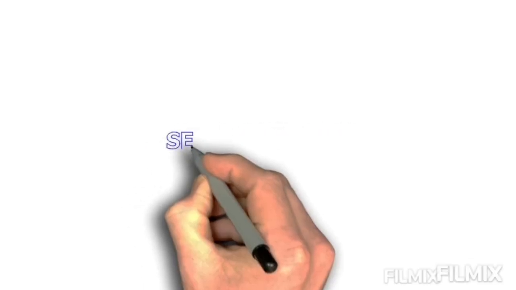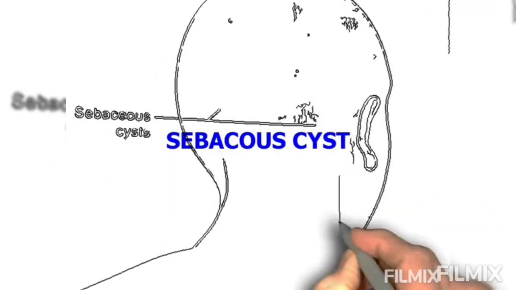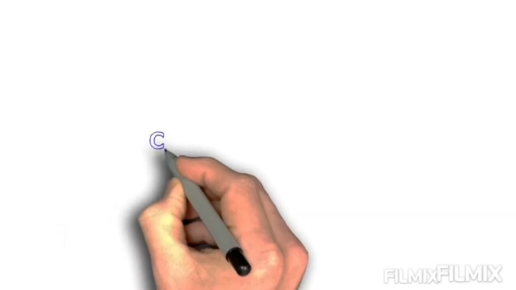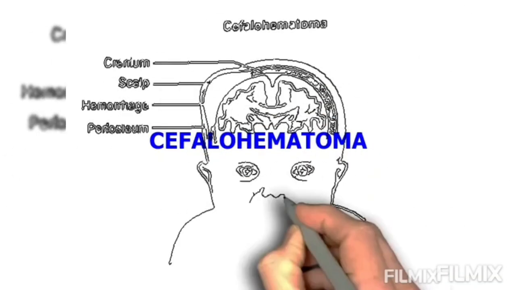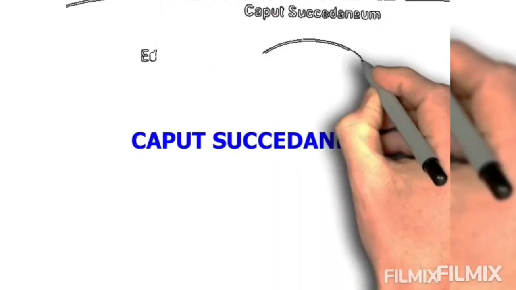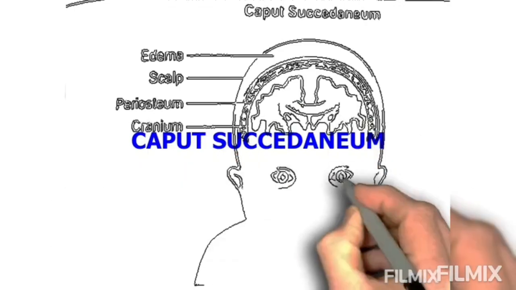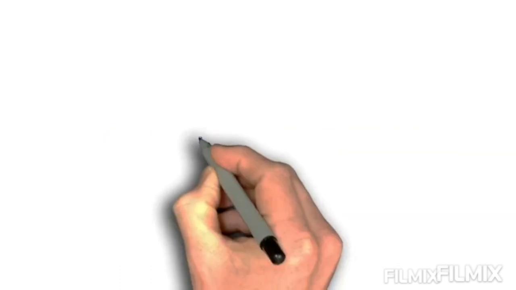First, let's see about sebaceous cyst. Where are sebaceous glands common? In the skin. So you can see a sebaceous cyst over there. It can be bilateral. Now let's see about cephalohematoma. It is a collection of fluid deep to the pericranium. This usually takes the shape of the bone. Now let's see caput succedaneum, the temporary edematous swelling in the newborn due to interference of the venous drainage. The dangerous area of the scalp, which is the loose areolar tissue, can also be given here.